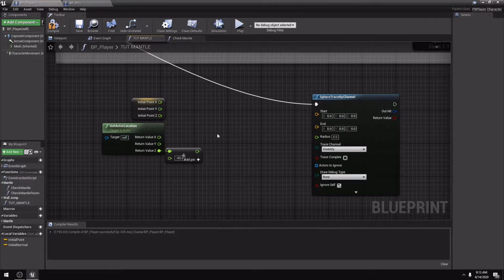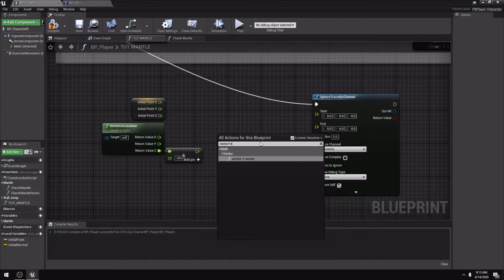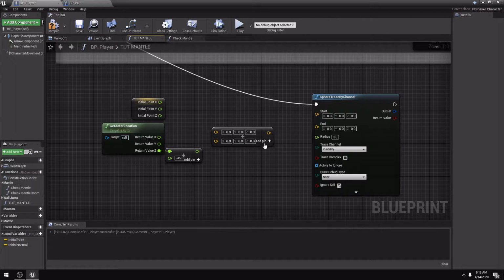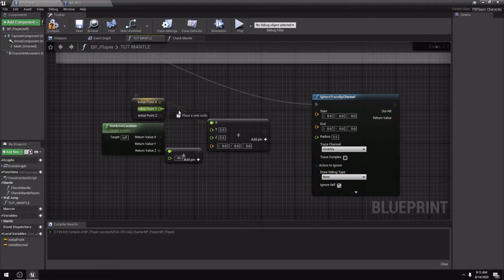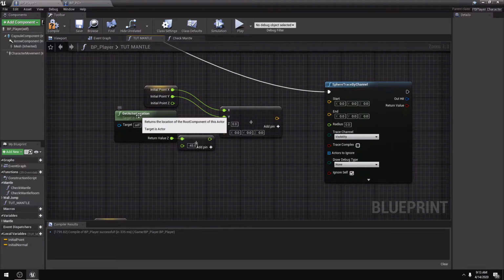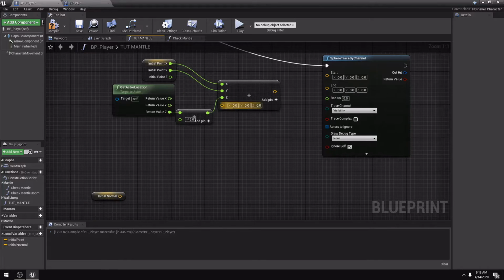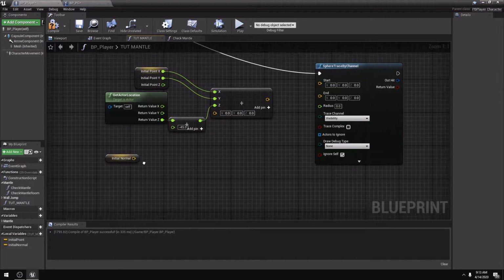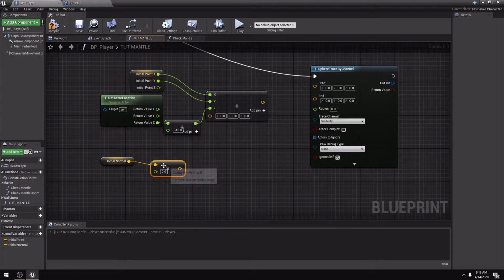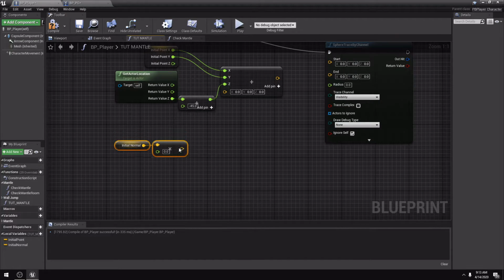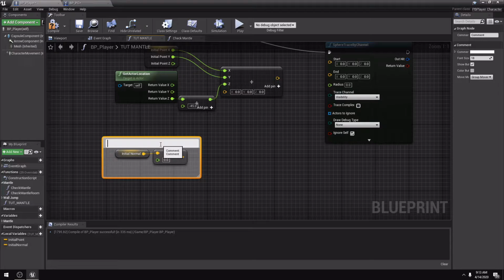After we get that, we're going to make a vector plus vector. There are two vectors. You can right click on the top one and say split struct pin, and now we can put specific values. So initial point x to x, initial point y to y, and we're going to use the z value from the actor location. For the second vector, we're going to use our initial normal and multiply it by a float, and this float is going to be the depth of